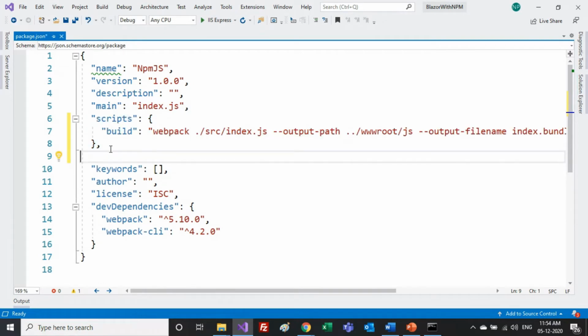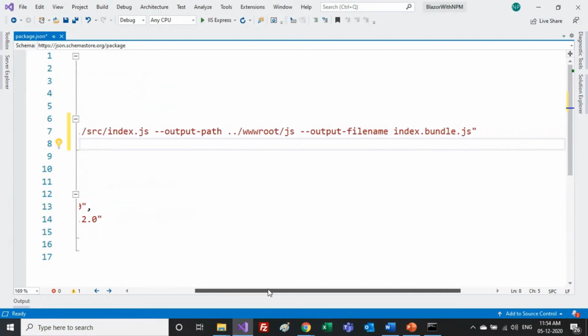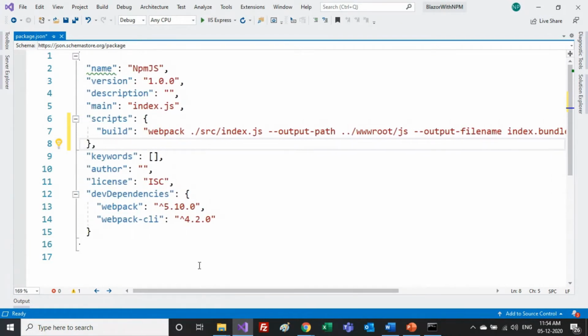Let me explain what I did here, I hope my fonts are visible to you. I just added a tag called build. Once we write the build command, it will enable Webpack, and Webpack will find this particular file as my business logic and bundle it as an output bundle.